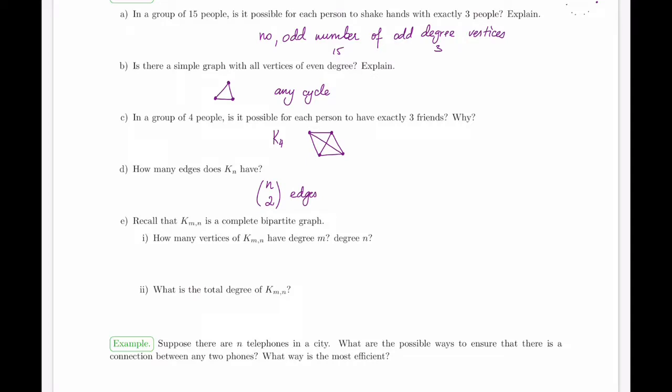It is always a good idea to create a picture, mental or not, of the graphs, especially if you're given an example with a particular number of vertices. So for example, m and n here, right? So in the complete bipartite graph, we have m vertices in one partition, n vertices in another partition, and all the edges of the graph are present in the middle. So all of these edges are actually there. Everything is connected to everything else in between the 2 parts.